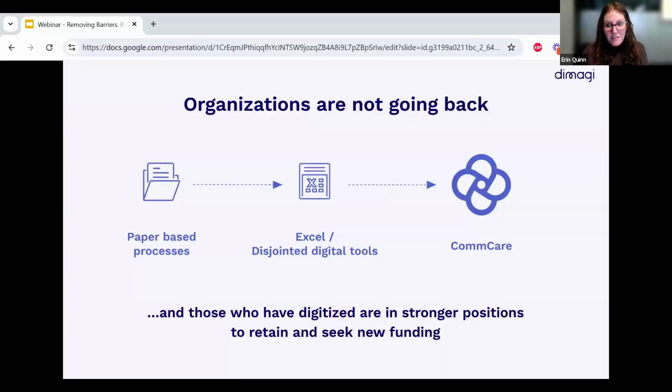The great thing that we did find was actually that organizations were not going back. We really proved that you could not do data collection without doing digital as well. And so that was really heartening to see. We were really glad to see that organizations were not reverting to the old style of just paper and pencil and a little clipboard in the field. They weren't lugging their laptops around and trying to collect data on Excel or anything like that.